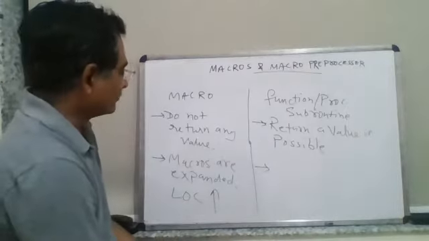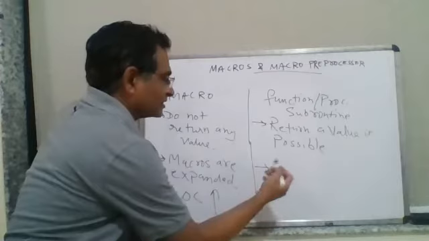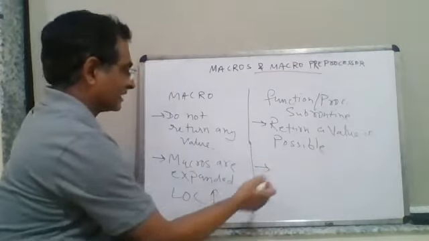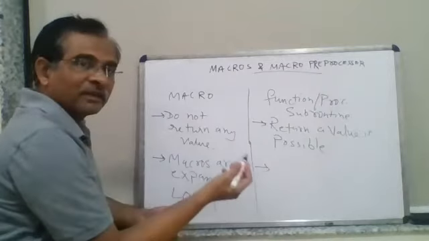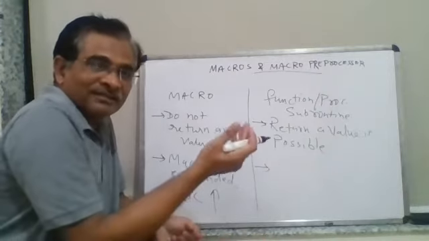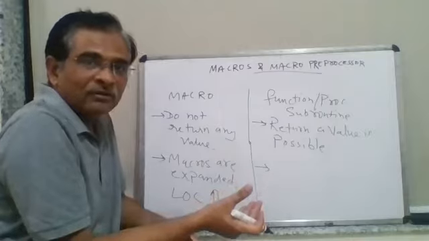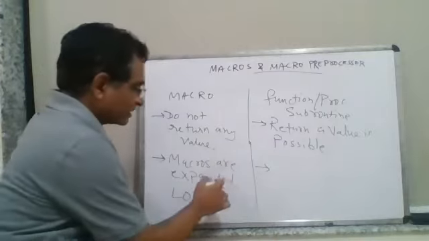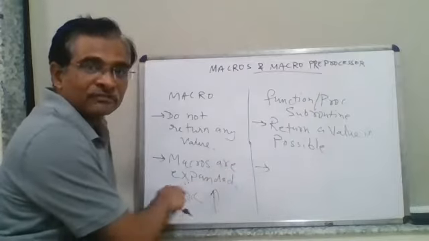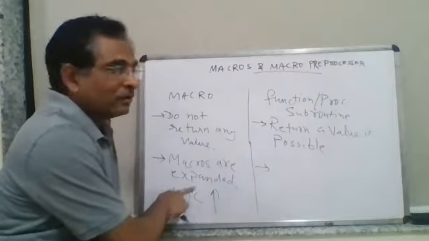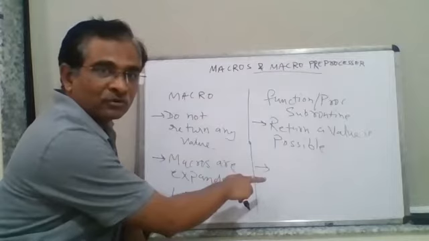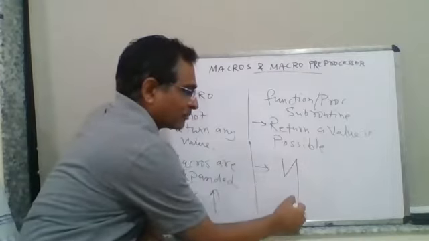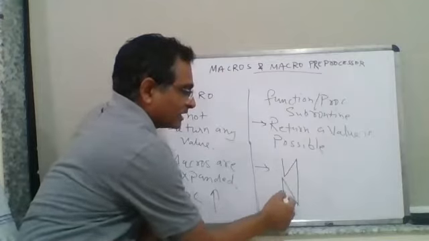These functions will take a jump and will execute at the place where the function is. Whereas here, wherever there is a macro call, whatever statements are inside the macro, all those statements will be replaced at that macro call, right? So this will be a one-to-many translation in the macro. Whereas here there is no one-to-many translation. What is in turn happening is it is going to make a jump to the appropriate place or the subroutine, and then it will continue.